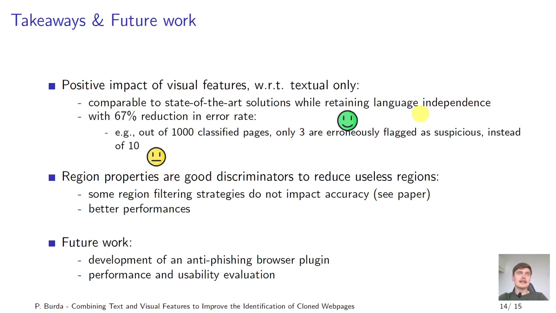We can also see that the region properties can still be tweaked a lot in order to increase performance. And there are some strategies of filtering regions that do not drop accuracy, not even a percent. With this in mind, for future work, we have already started to develop an anti-phishing browser plugin,